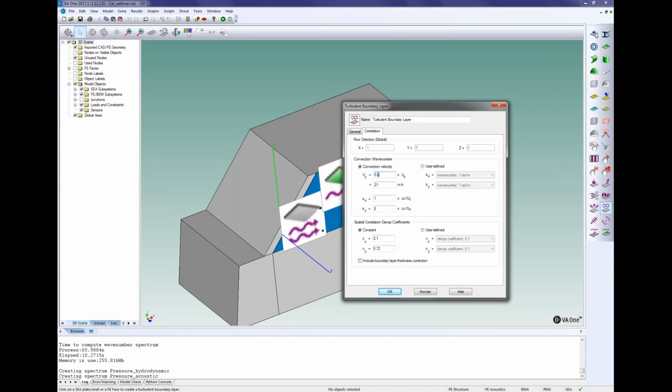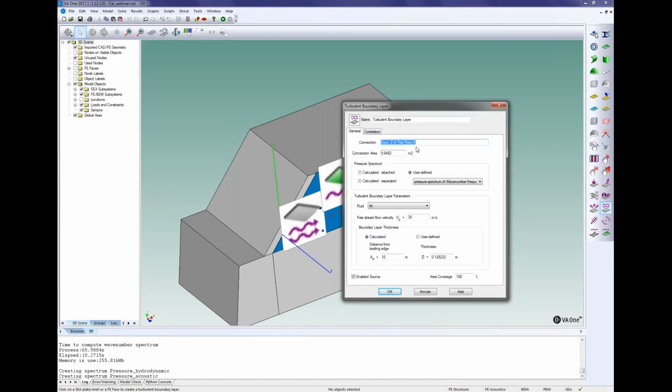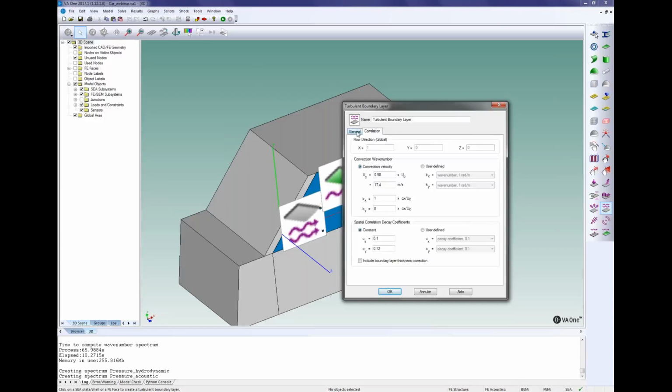And here it's 0.58. That's the value we can see earlier. Okay, it's here. I need to take here the hydrodynamic pressure spectrum, of course.